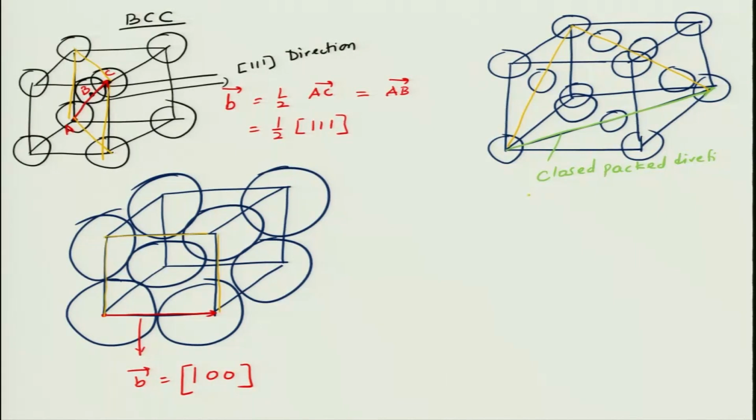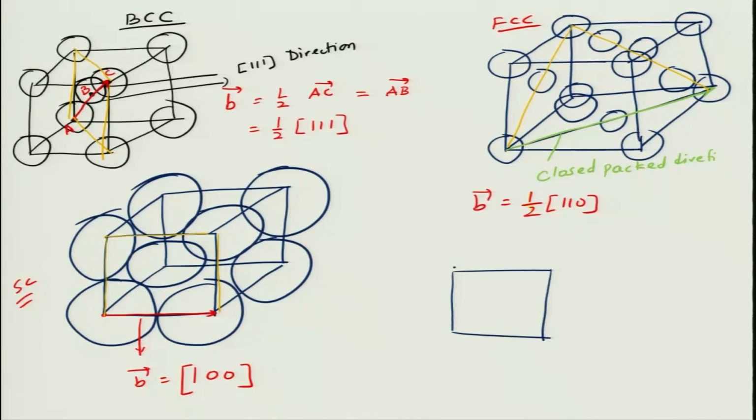So, this direction will be half of 1 1 0, that is the Burgers vector for an FCC. This is simple cubic. Now, if you take a cesium chloride crystal, for example,